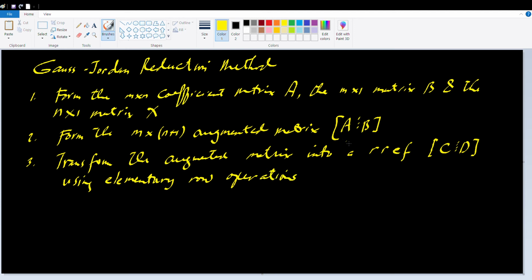So first, the augmented matrix [A B], we will reduce this to echelon form. And once we have done that,